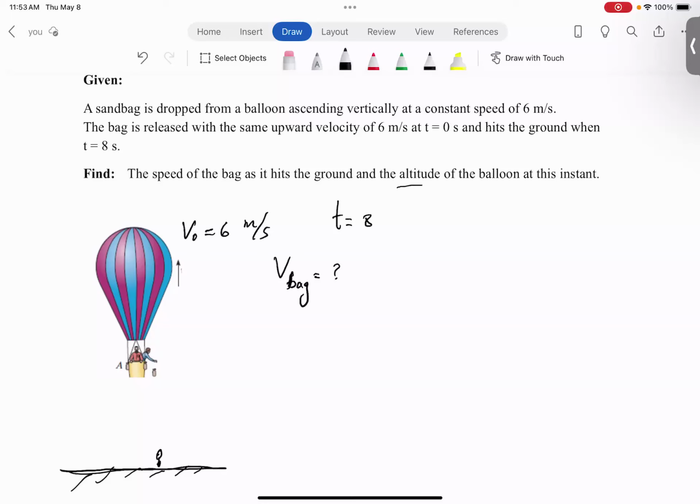So you have to be careful with this part, altitude of the balloon. Remember, when you drop this, there is a certain altitude here, but the balloon is also moving up. So the balloon has moved up, and we actually want the altitude of the balloon at that instant. So we have to add some other distance to it. So this is what we call a constant acceleration, free fall motion,